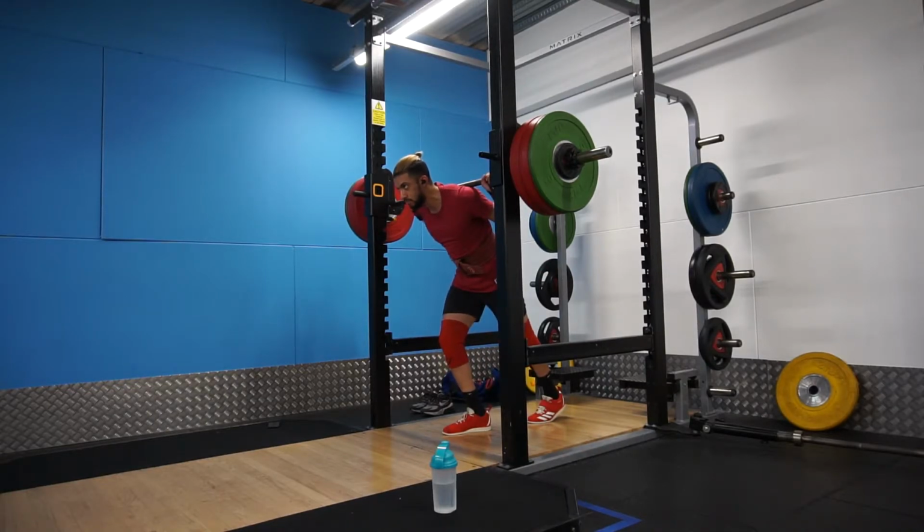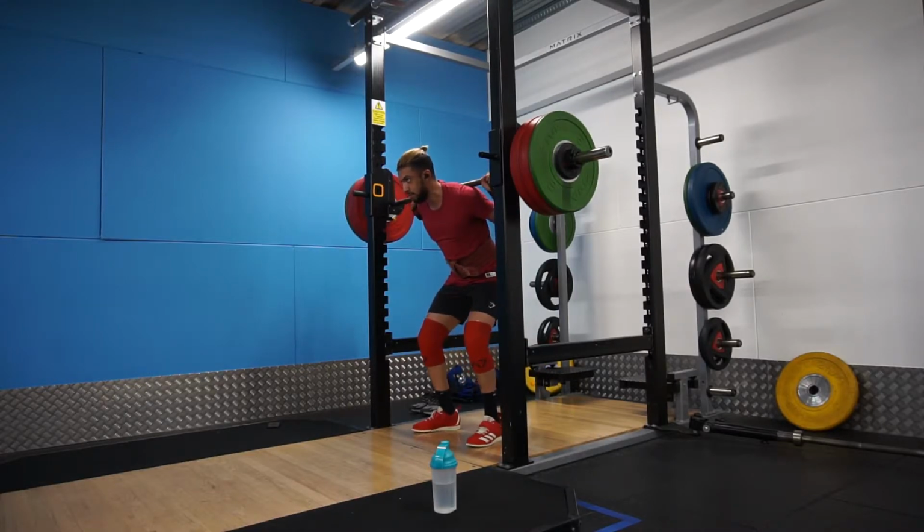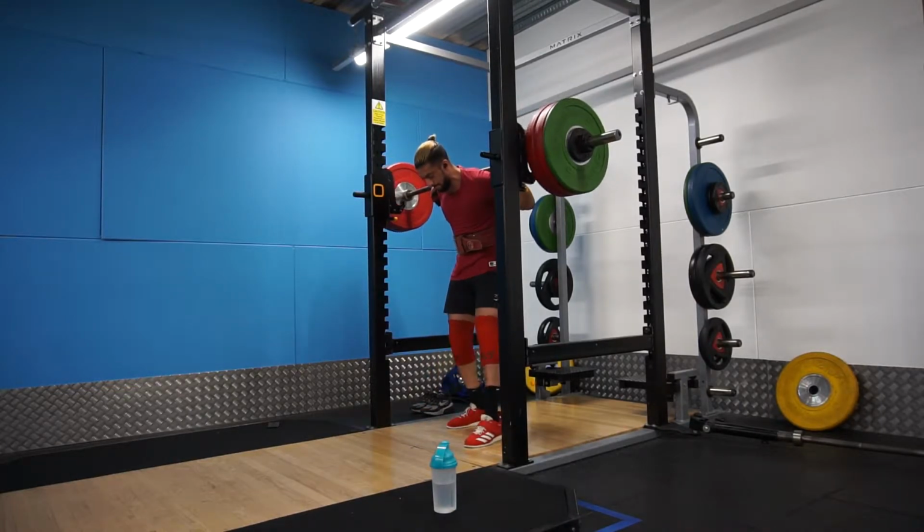making sure my upper back is tight so I can create a shelf. Obviously I pull the bar into me, I don't shrug the bar because obviously I'll just lose everything. But I also make sure my back is as tight as possible so that I have a shelf. But anyways, here